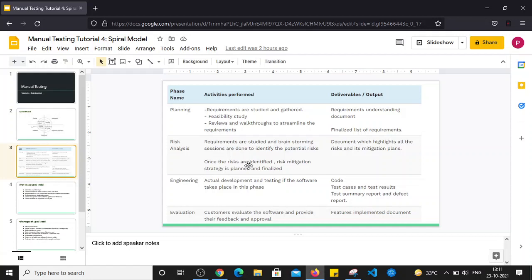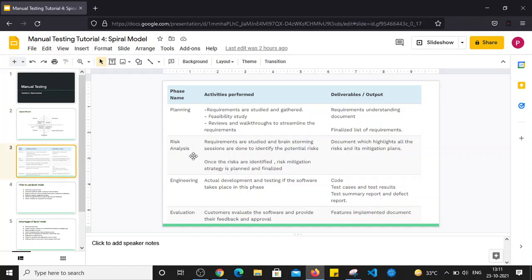They are conducted by expert people, such as architects. They check what the risk factors are, what the system requirement is, or what possible risks might happen in the later stages during software development. And once these risks are identified, the risk mitigation strategy is planned and finalized.